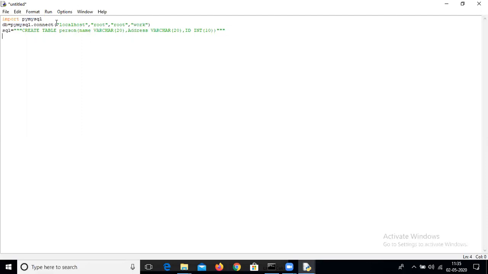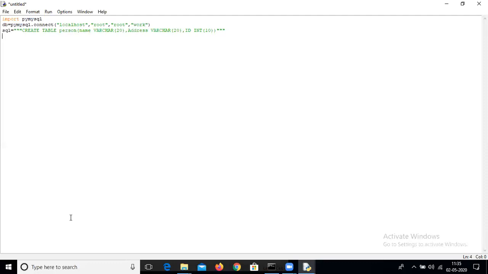Now what I did: I simply wrote the SQL query, create table, the table name is person. Inside the table person there is the information of the person. The person name is varchar, meaning you can insert whatever you want, and it is treated as a string. After that the address, same as name, and the ID.